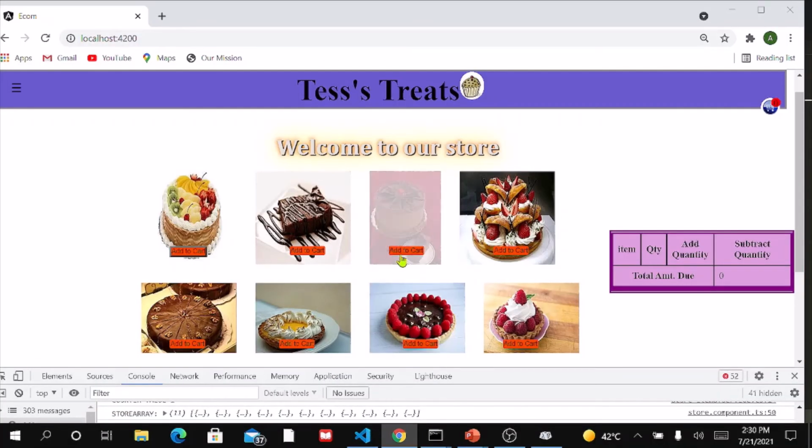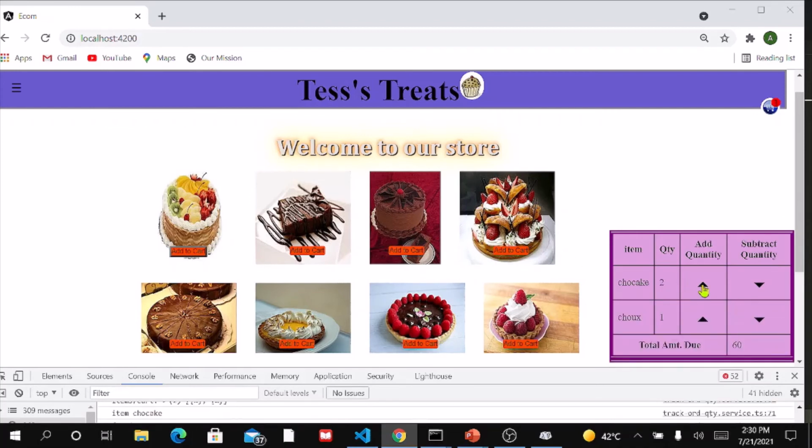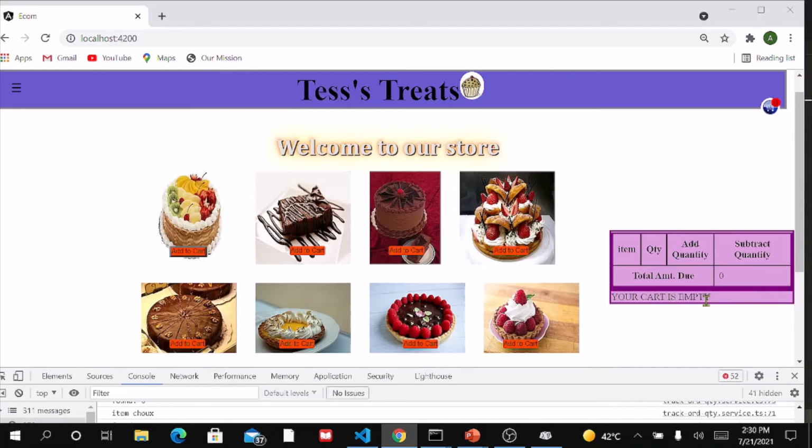Let's add to cart, add again, increment, reduce quantities. Let's take the cart to 0, and you can see there your cart is empty. Now you may not want this displayed here. Right? There's another option to display the message above. Right? To do that,